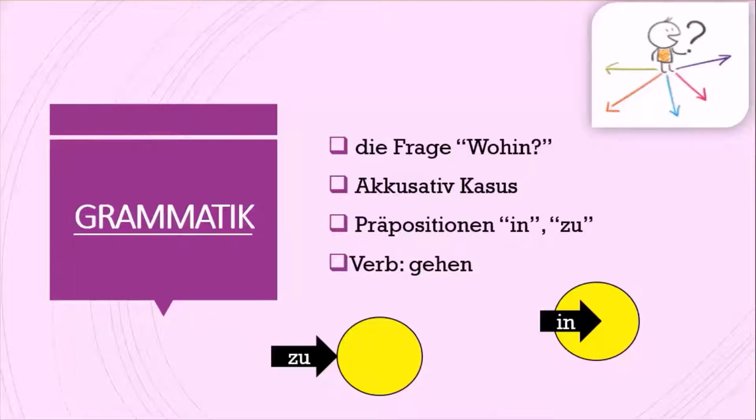But you will have noticed that in English we can also simply ask, where are you going? And leave out the to at the end. But this to at the end is important